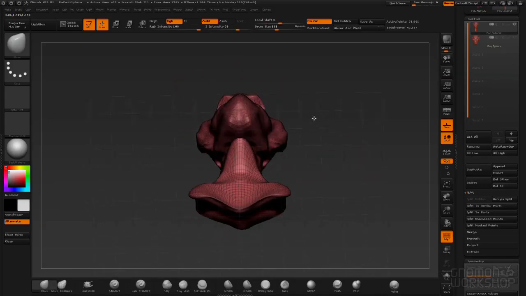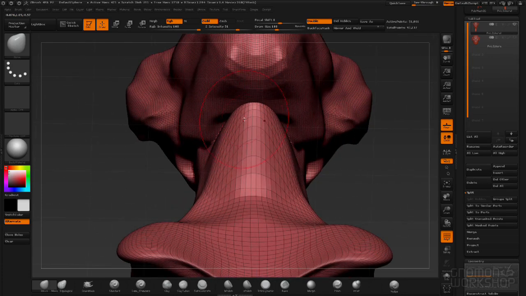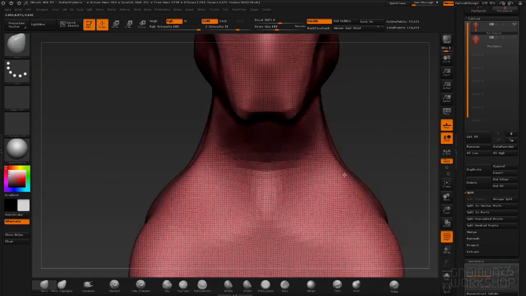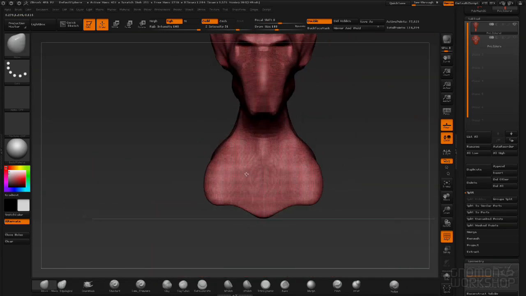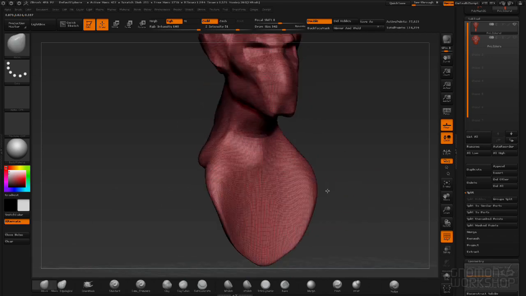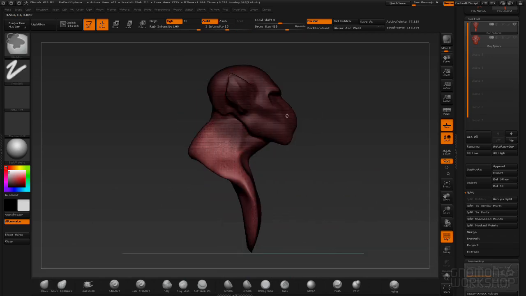Alright, so you can see now I've brought the geometry in, I've actually pulled it into itself a bit. We hit Control, and you'll notice that Dynamesh has fused these areas together. Now there's another technique that I use with something called the backface mask that I'll show you a little later, but first I want to get this base done. And we can also use Control,